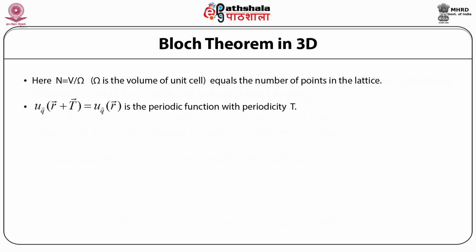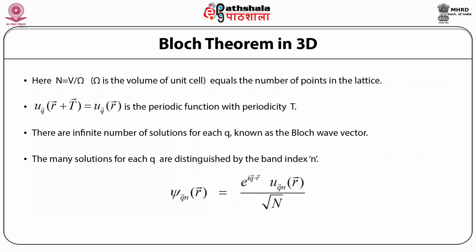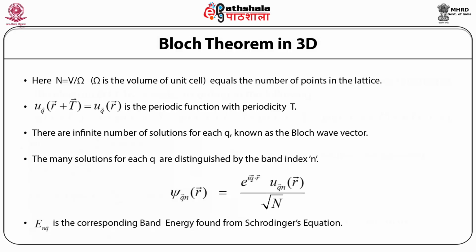Here q is called the Bloch wave vector. The many solutions for each q are distinguished by the band index n. So we write phi qn as a function of r is equal to e raised to power i q dot r into u qn of r divided by root N,